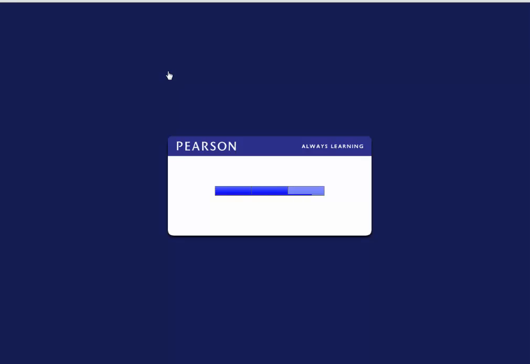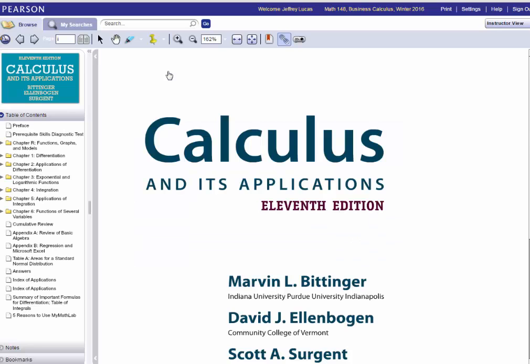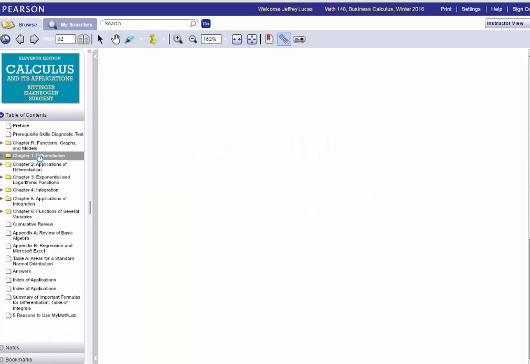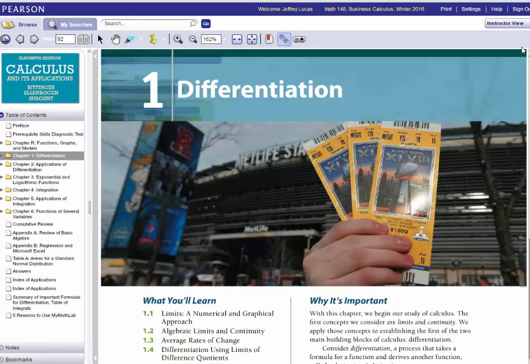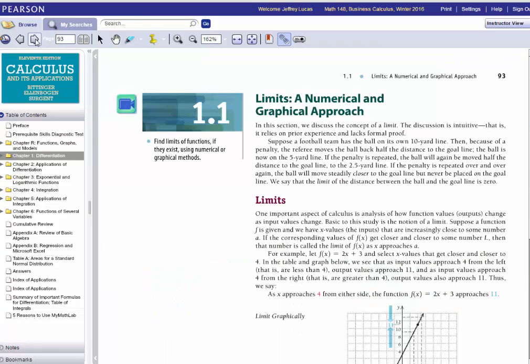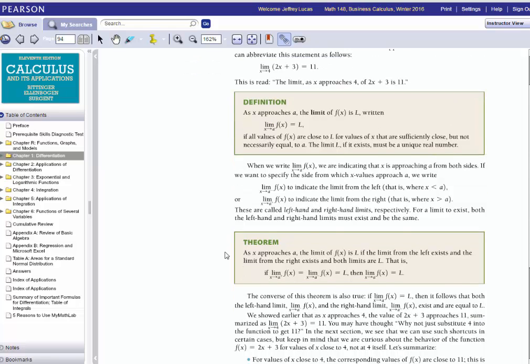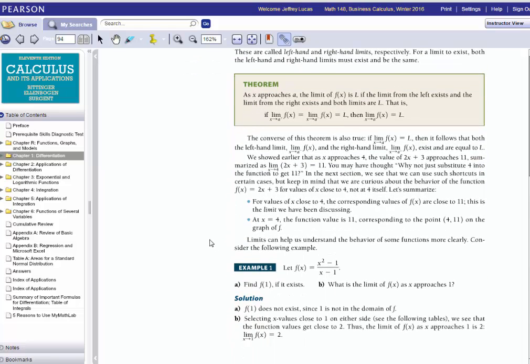And after a little churning and plugging and chugging, wait for it, there, the book. So you want to go to chapter 1 and scroll through the pages using these little arrows, and with the